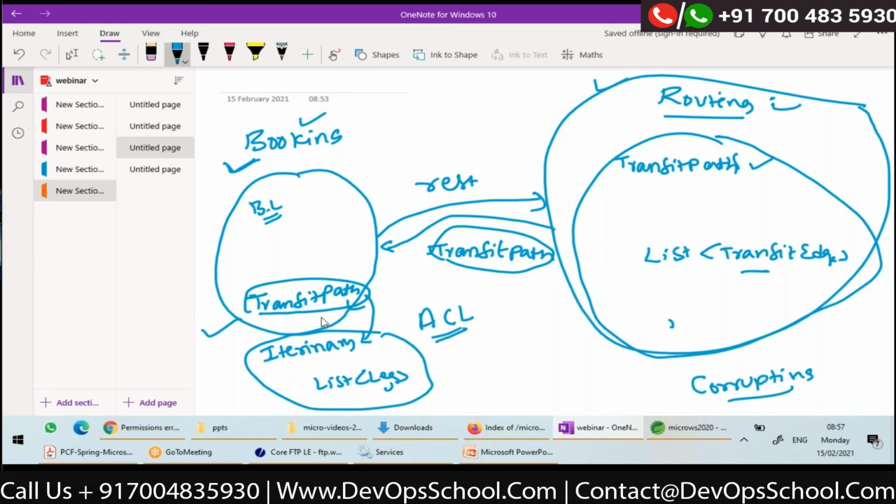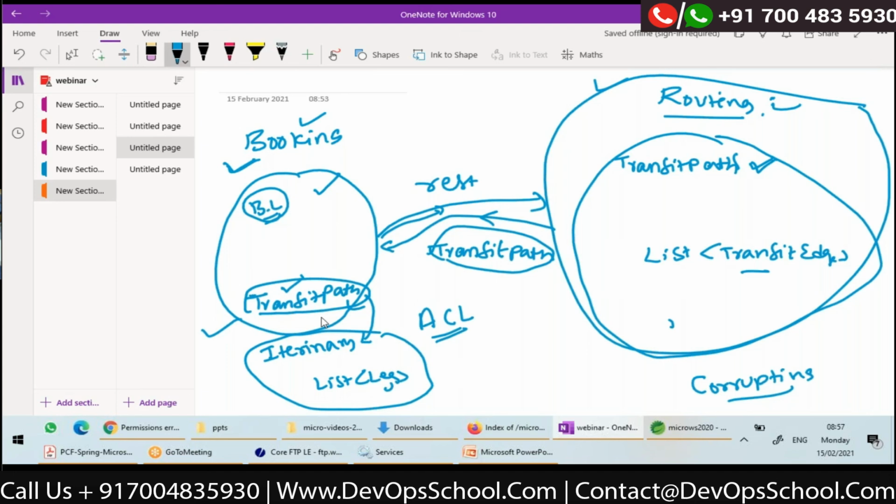because if we are using transit path itself in our business logic, tomorrow if routing module changes the structure of transit path or so, that is corrupting my booking module domain model. So to avoid corruption, we need to write an anti-corruption layer. Because whenever I make a REST API call, definitely it gives me transit path only.